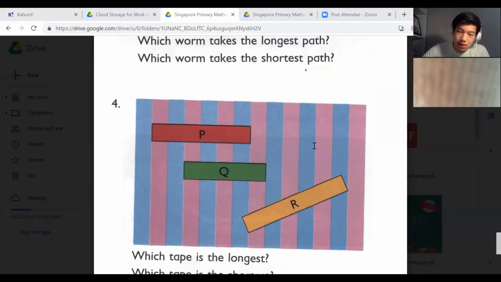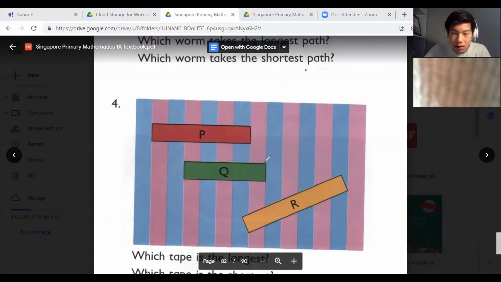Okay, first, let's see. The orange one is the longest. The green one is the shortest. Nice. Okay, now I don't actually know if